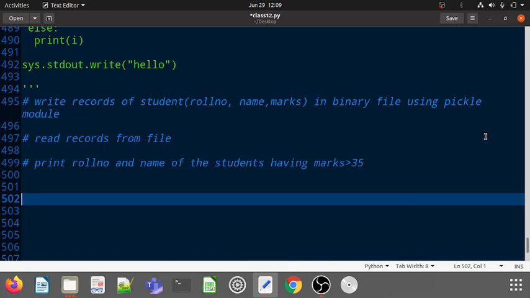Good morning all. In this video we are going to work with our binary file using the pickle module. Three functions we will design. First of all, how to write a record, and that record will contain roll number, name and marks of the student. Then the second function will read the records from the file, and the last one will perform searching on our binary file